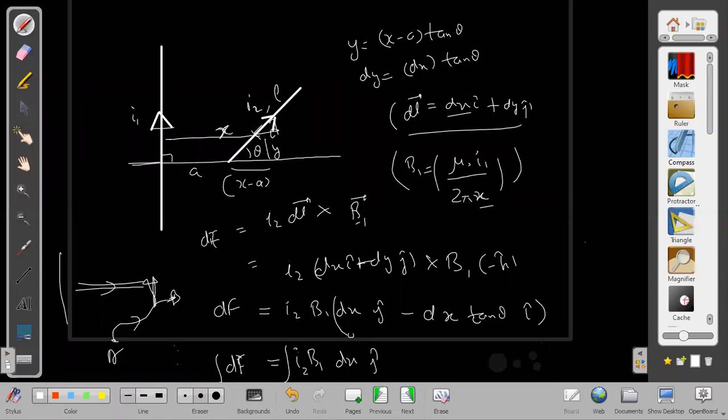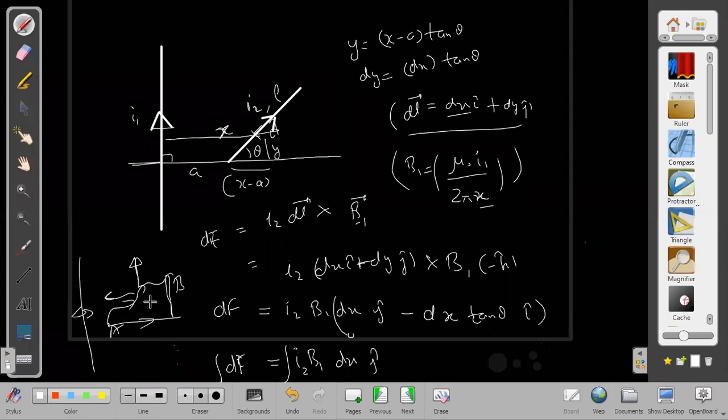If somebody is asking me the perpendicular force, that I can still find out, and that will be the same as on the wire which is perpendicularly placed to it. I should not call it perpendicular force. I should call it parallel force, parallel to the wire. This is one wire, and here is some random, not properly well defined shape. It's some irregular shape, and in that irregular shape also I can say that effectively the force acting in the parallel direction will be obtainable by just taking the projection of the length here. That I can do. But I cannot obtain the horizontal force by taking the projection of the length.